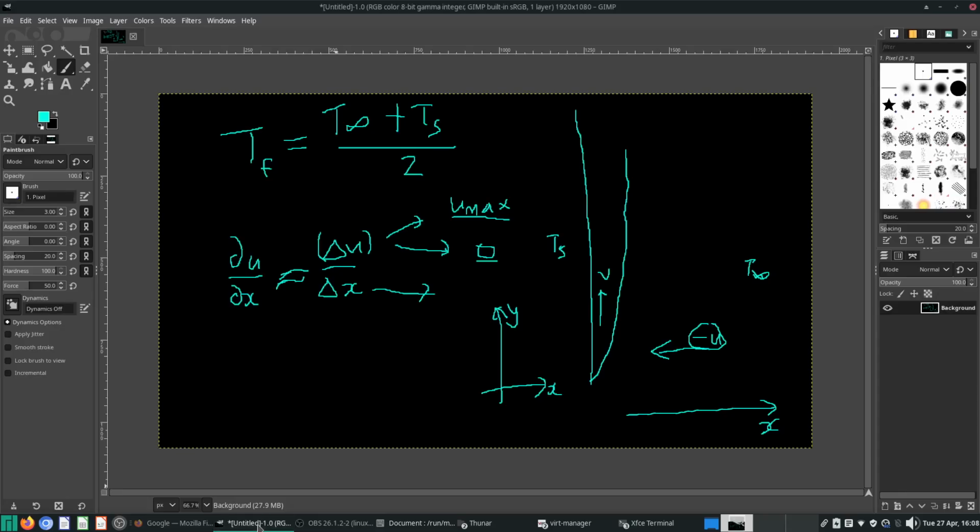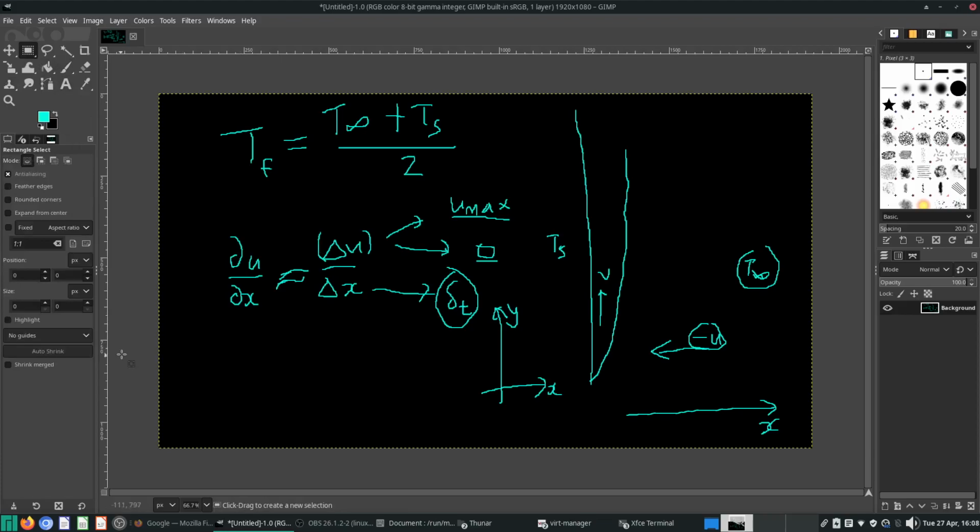So, oopsie. This is how it's supposed to be. Okay, so what is the order of magnitude of this delta x? This one will be about the thermal boundary layer thickness. Of course you can use the momentum boundary layer thickness as well to non-dimensionalize it, but because this whole flow is driven by thermal temperature differences, and the underlying reason behind the motion is thermal, it may be good to use this thermal boundary layer to non-dimensionalize all your x coordinates. And of course your y coordinates will be well, if you have a,